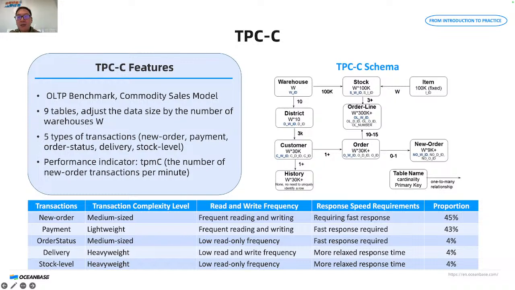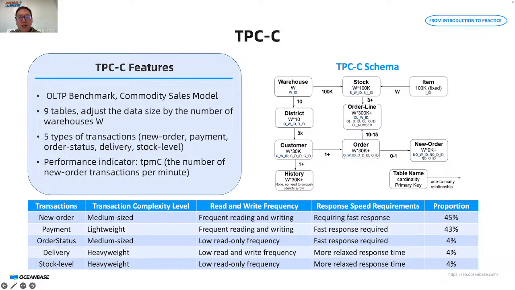commodity sales model. TPCC contains 9 tables, as shown in the upper right chart. Looking at the chart in the lower right center, TPCC contains 5 types of transactions, namely new order, payment, order status, delivery, and stock level. They occupy different proportions in the TPCC test. What we need to pay attention to is the